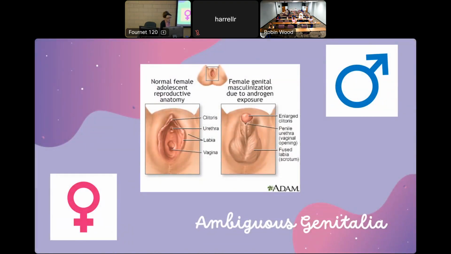Okay, so just quickly, ambiguous genitalia. I just want to cover this because it is something that we see, and I don't ever want you to be shocked by something. There's a good picture in your book, 32.4. That picture is in relation to congenital adrenal hyperplasia. With that one, the ambiguous genitalia is secondary to